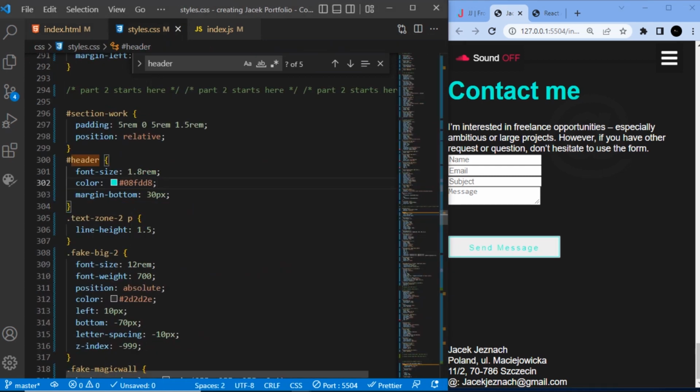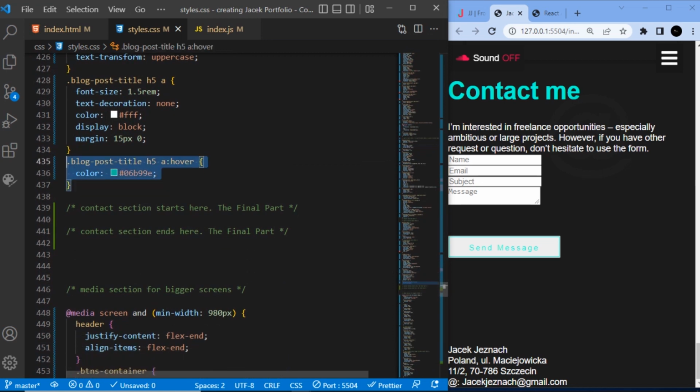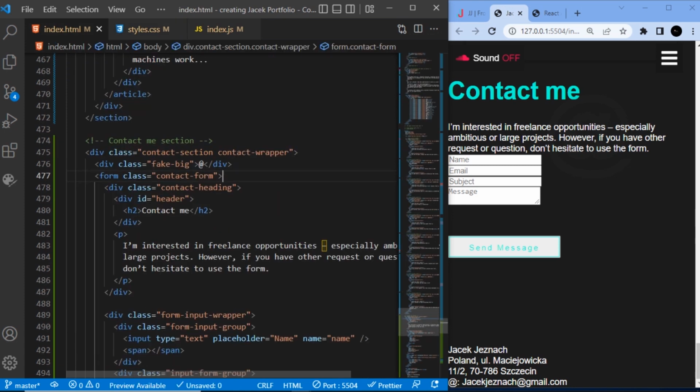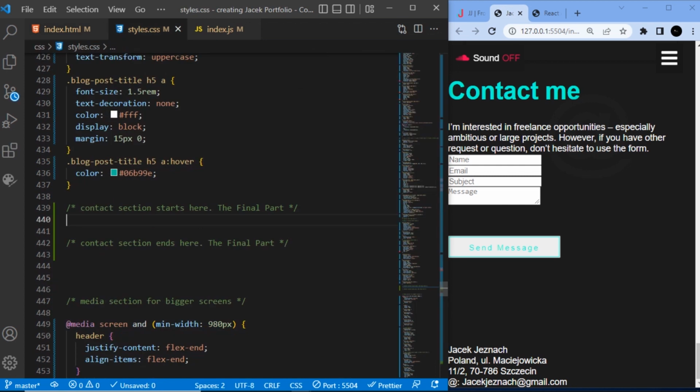Okay, so I'm gonna go back to our CSS and then scroll down to here after the blog post stylings that we added in our previous tutorial. We are going to add our contact me stylings right under this comment. Okay, so the first thing I'm gonna select is the contact section. I'm gonna select the contact section, just copy it, come back to your CSS, paste what you've got,